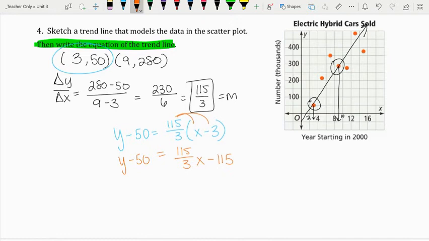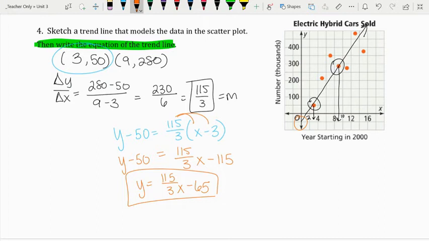And if we take negative 115 and add 50, we end up with negative 65. Which does make sense from the line that I drew. It kind of looks like around 50, negative 50, right? So negative 65 is pretty close to what I drew. Okay. So that would be my